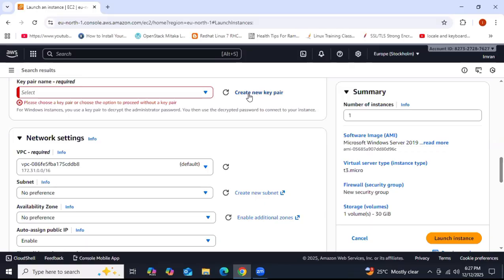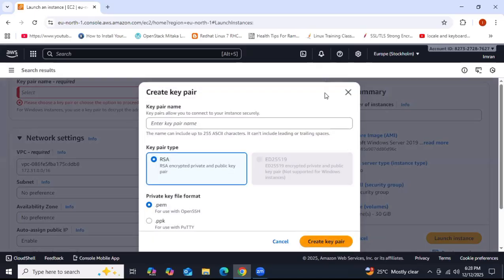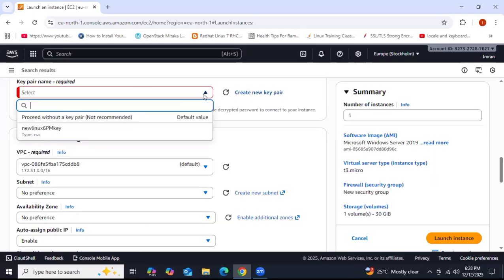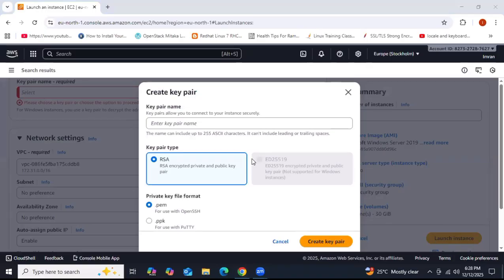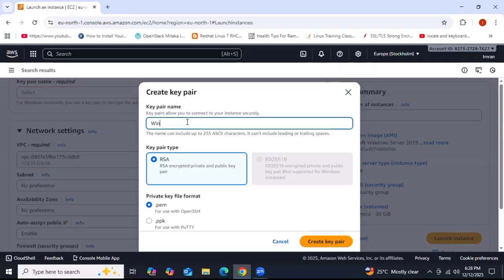Got it, guys? Now we are creating one key pair. Without a key pair we can also launch, but you are unable to log in to your operating system. It's a bit difficult for you. So that's why better to create one key pair, create new key pair. Fifth step, I'm saying. So create new key pair and then provide the key pair name. Any name you can give. For example, Windows 2019